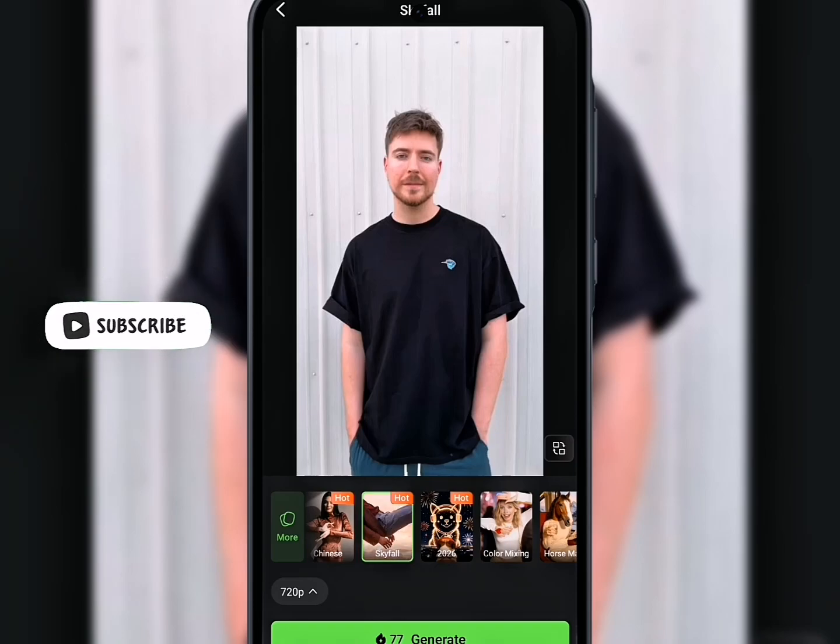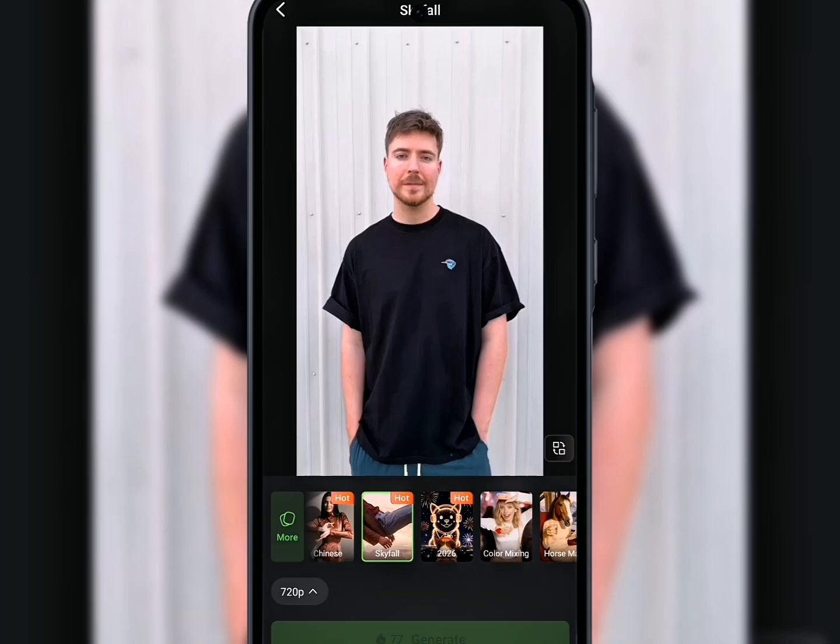Once you are done with everything, selecting the quality of the video and everything, I want you to click on the generate button. But before I do that,